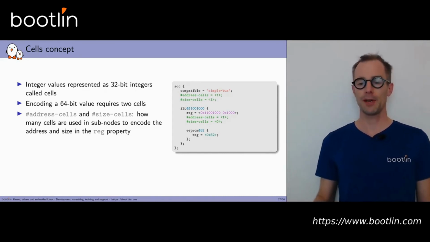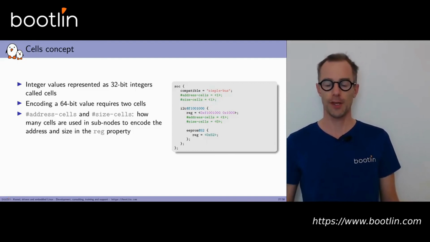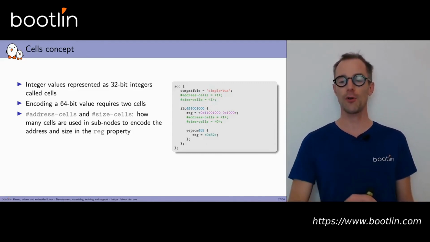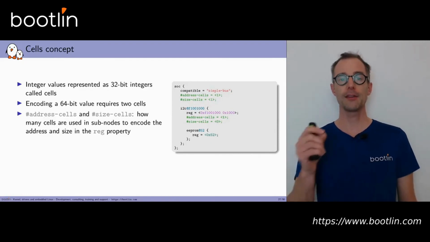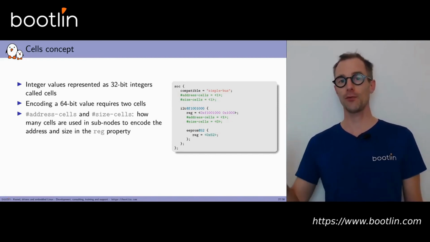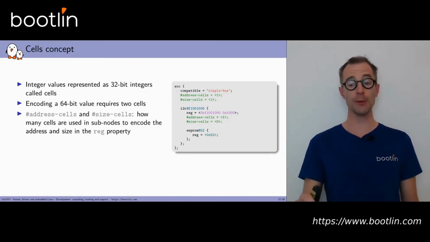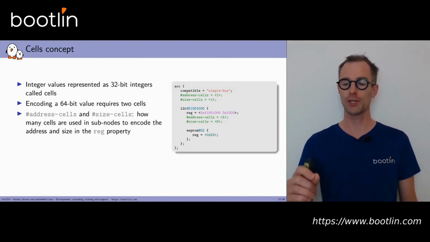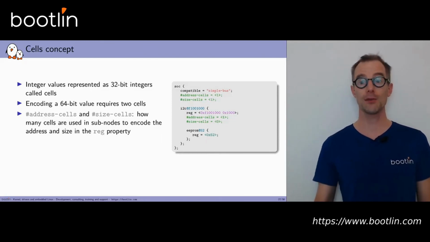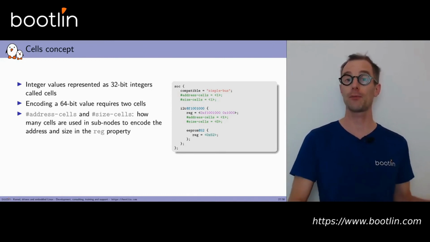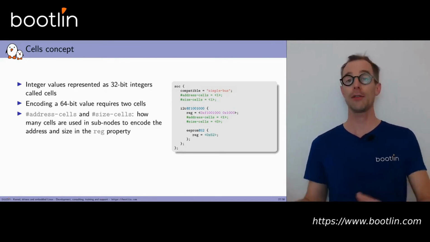One of the memory mapped devices that we have is an I2C controller. But this SOC node also provides 2 properties for the number of address cells, 1, and the number of size cells, 1, that are used by the reg properties of the child nodes. So the reg property of our I2C controller has 1 cell for the address, which is F1001000, and 1 cell for the size, which is 1000. So this is the base address of the memory map register for the I2C controller and the size of the